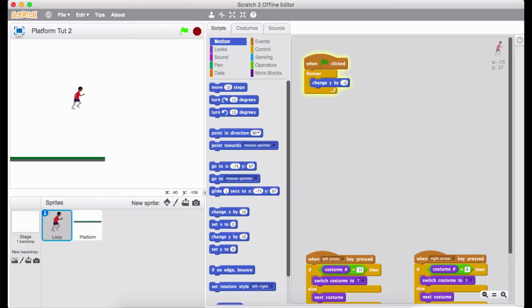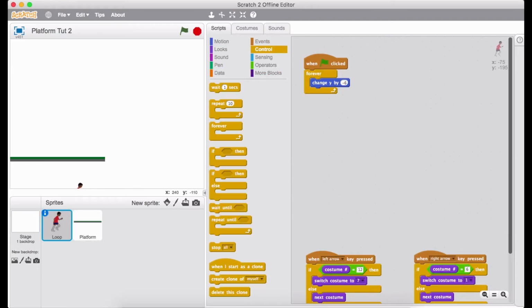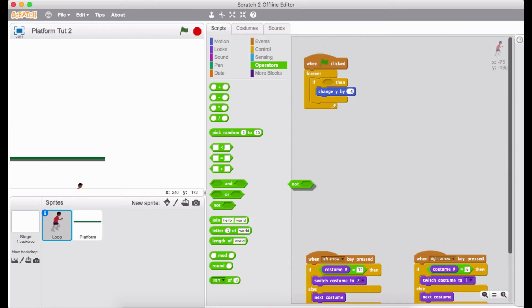Problem is, he's not stopping at this platform. So that's the next thing we want to do. We only want to move down if he's not touching a platform. So let's get an if in here, and I'm going to put that like that. So if. And I want to know if he's not doing something. So if he's not touching this platform,